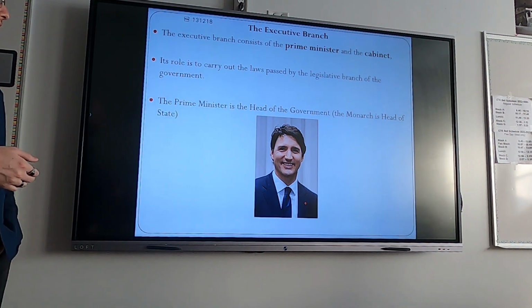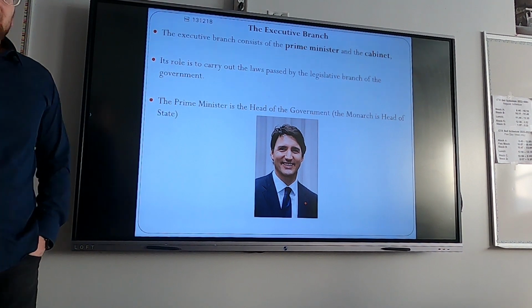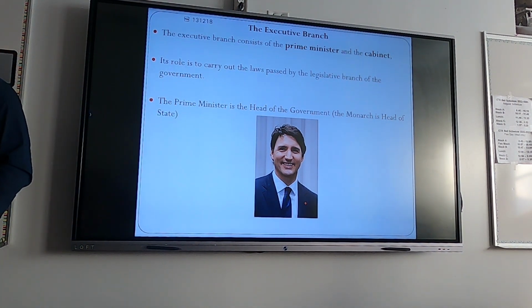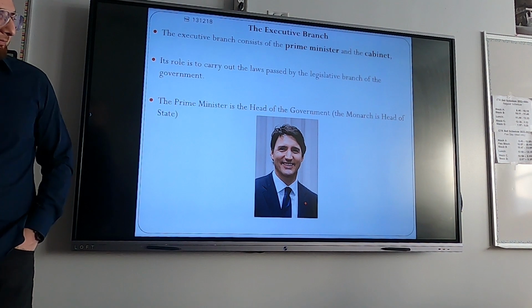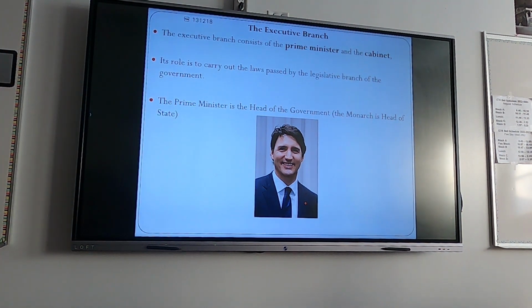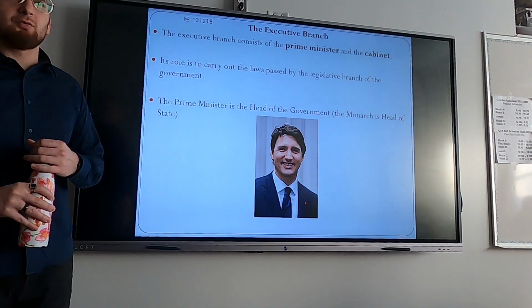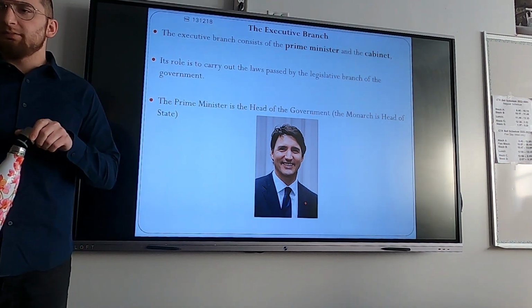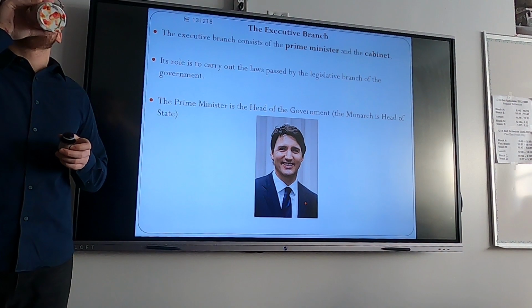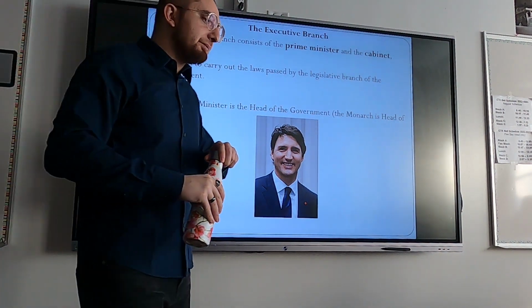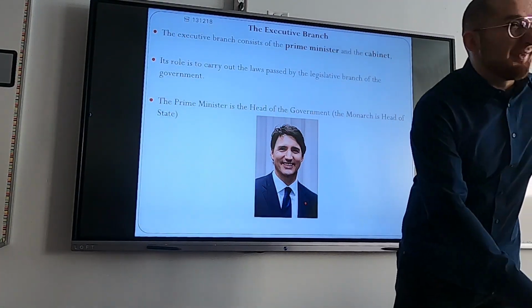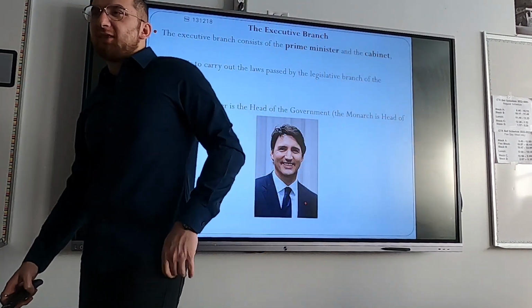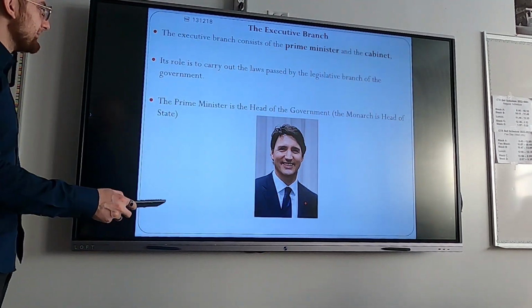Okay. With the executive branch, you have the Prime Minister, and the Prime Minister is the head of the government. Okay. So currently our Prime Minister is Justin Trudeau, and if I understand correctly, he is in his last term. So in the next 3 to 4 years, we will likely see a new Prime Minister. Hopefully, because if he takes a 4th term, that means he did something illegal. Okay.